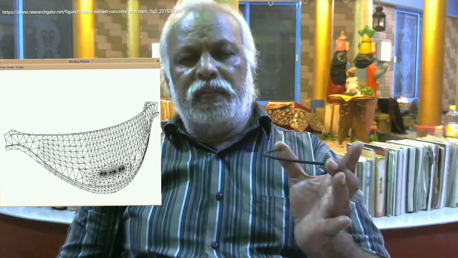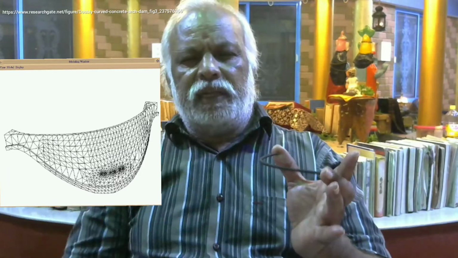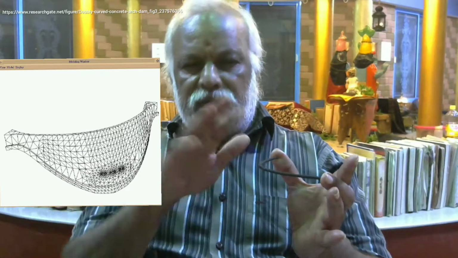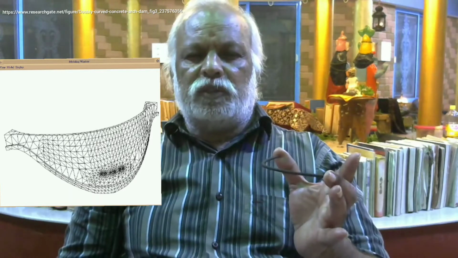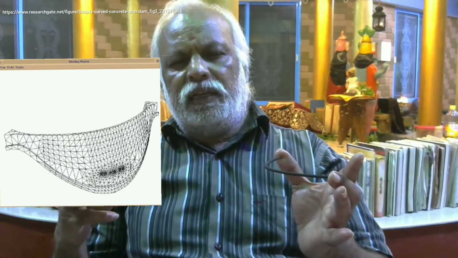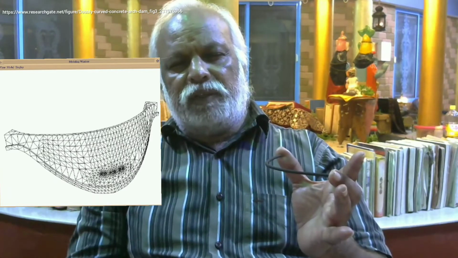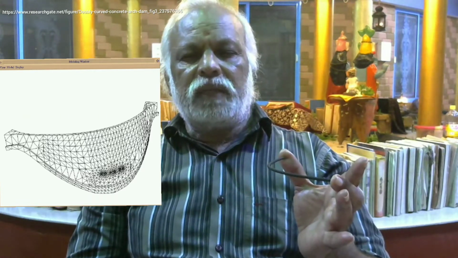So constant radius arch dam, variable radius arch dam, constant angle arch dam, and doubly curved arch dams. Doubly curved. So now the curvature is only in the horizontal plane. If the curvature is there in the vertical plane also, an arch can have a double curvature in the vertical plane as well as in the horizontal plane. That will be more strong, because wherever you have a curvature against the external force, that arch action will come into picture and it can take that force very effectively. So doubly curved arch, constant angle arch, constant radius arch, and variable radius arch. So this is the arch dam.